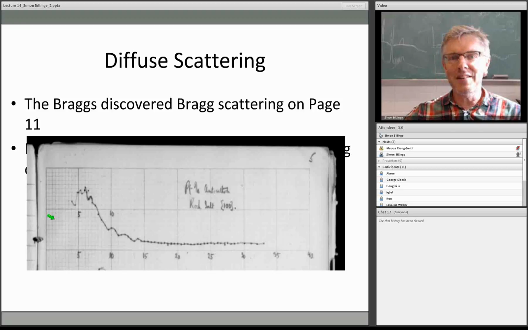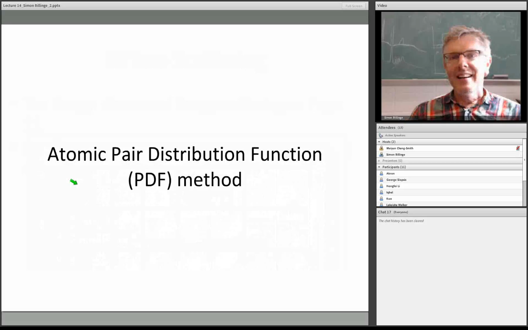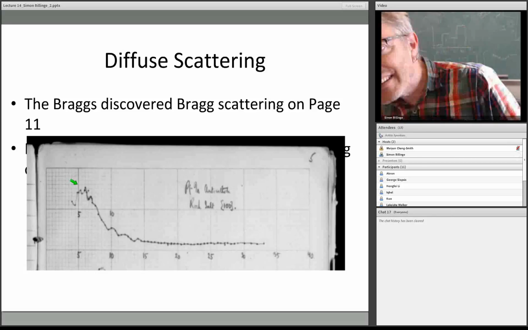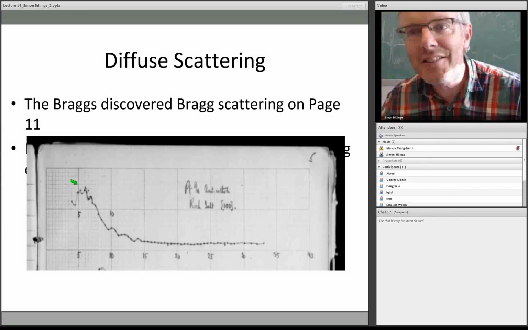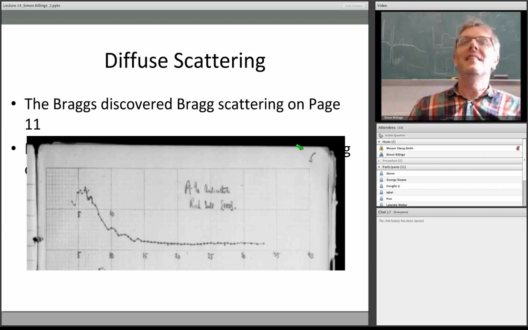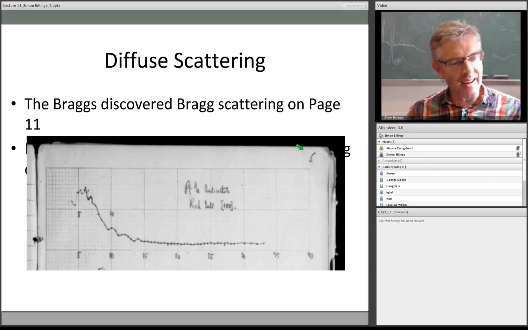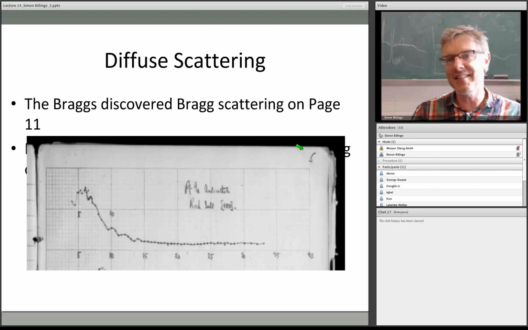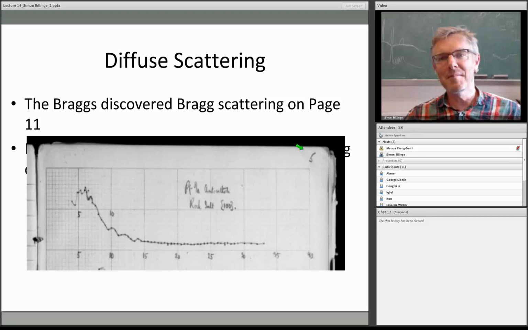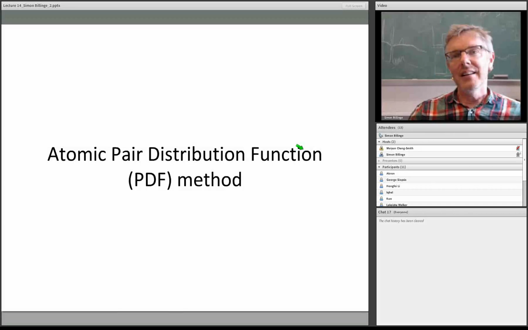So here was one of their even earlier measurements where they couldn't resolve a Bragg peak. This is basically diffuse scattering, and they discovered it on page 5. So it's a complete misnomer. Basically, the Braggs discovered diffuse scattering first. In my personal opinion, we should call diffuse scattering Bragg scattering and name those sharp peaks after something else. Okay, anyway,